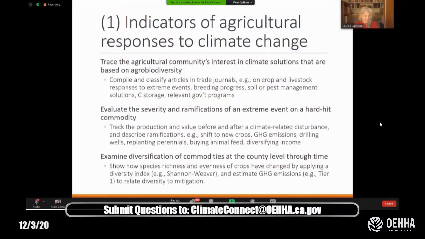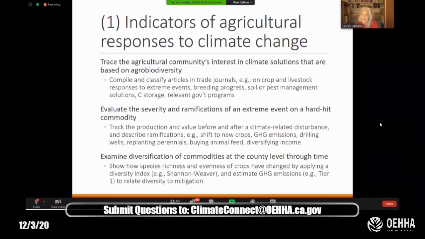I've also, just as an exercise, tried to think of other indicators of agricultural responses to climate change, and most of these are too complex for the purpose of the document that you're going to be producing this year. But I was actually challenging myself to think about how you could look at adaptation, mitigation, and environmental co-benefits, social benefits as well. One might be to track the agricultural community's interest in climate solutions that are based on biodiversity